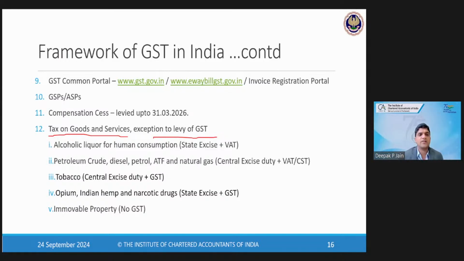So on all supply of goods and services, GST is levied, except on the following products, which is alcoholic liquor